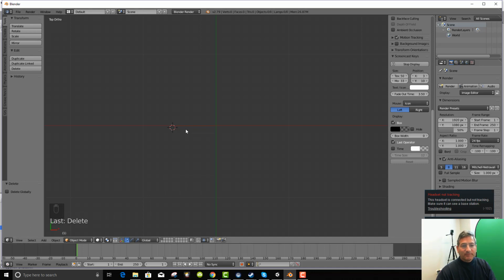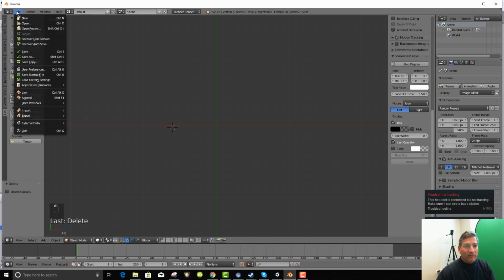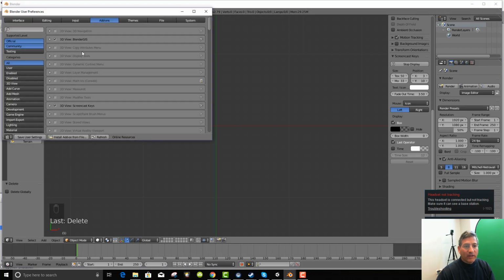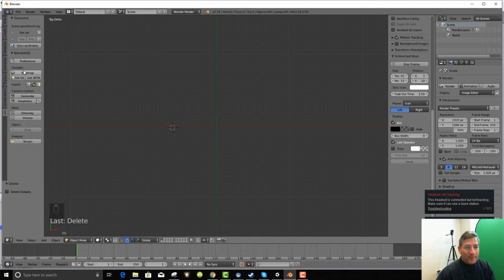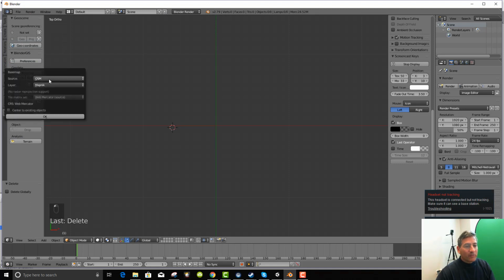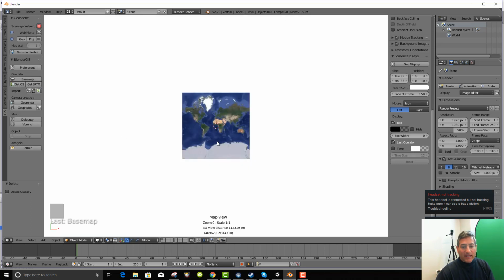So we're in top ortho, and I go to my GIS plugin, and once again, if you haven't been following, you get that online and you open it up and put it in user preferences called Blender GIS. So look for Blender GIS and then bring that script in. And I click on base map and Google satellite. That's what I like to work with. And I hit OK, and the map comes up, and then I hit G so that I can type in